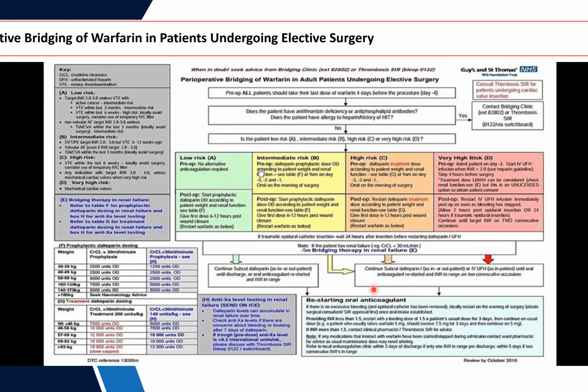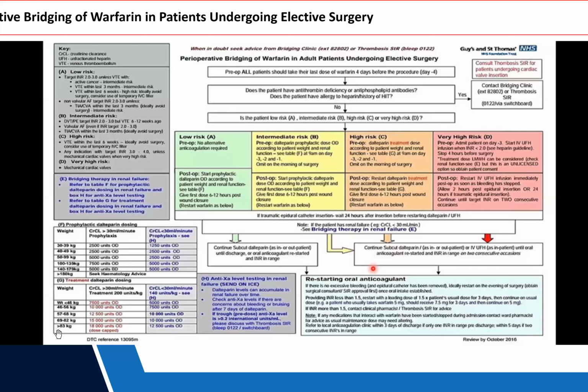Now come to the lower half of the chart. Can you see this box F and G? F is the weight of the patient. Now we should know whether she's taking prophylactic anticoagulant or therapeutic. She is on the therapeutic dose, right? Because she is having a mechanical heart valve. So come down in this F, the G. Her weight is 100 kg. Come down. See here, correspondingly, this blue purple thing is given. Creatinine clearance is there. It is less than